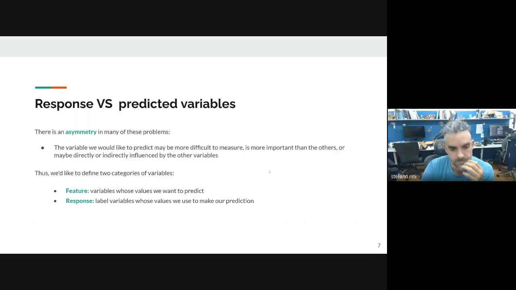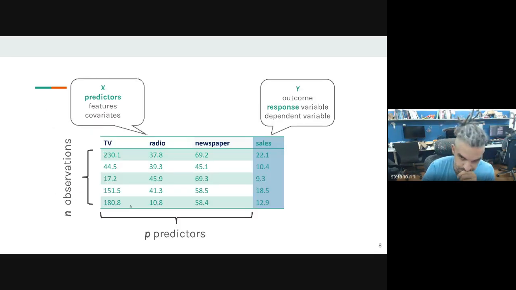Very, very reasonable. And this is what we call features and response. So the features are the easy variables, and the response is the label that we're trying to predict. There are different words for this. Just be aware that people will call this a response, a label, a Y, an output, and the feature will be an input, a feature, a variable. So different vocabulary for this.